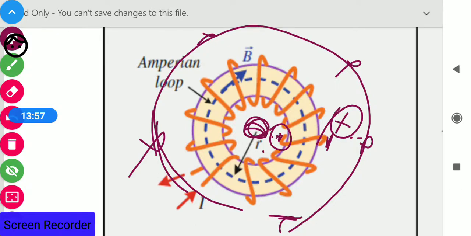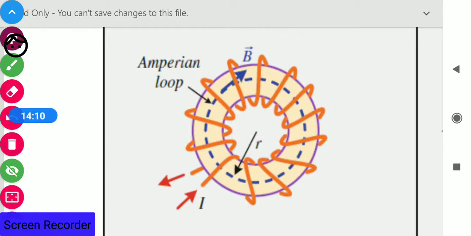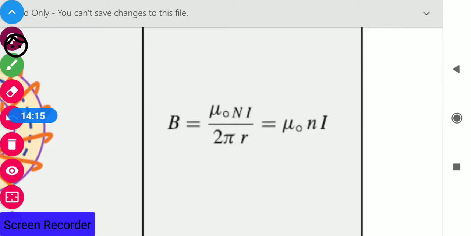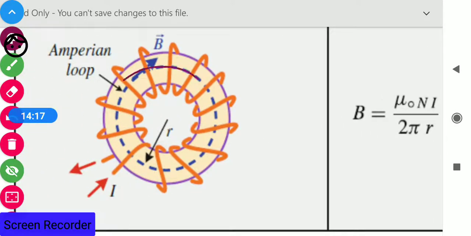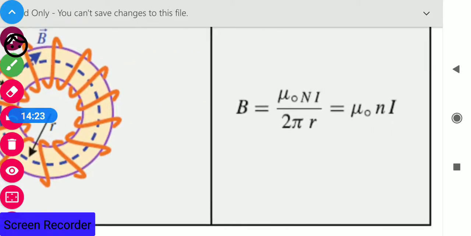In all the turns, the total current will be 0, and as a result, according to Ampere's Circuital Law, at all the exterior points the magnetic field will be 0, and at any point inside the toroid, the magnetic field will be B = μ₀NI/2πr, or μ₀nI,